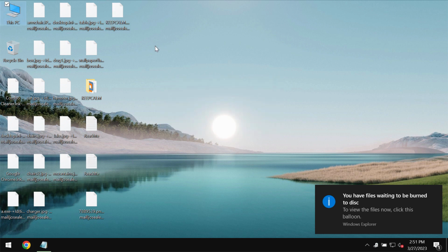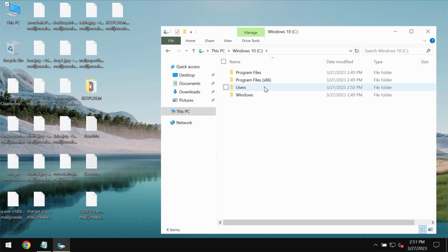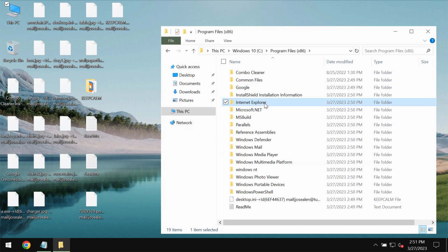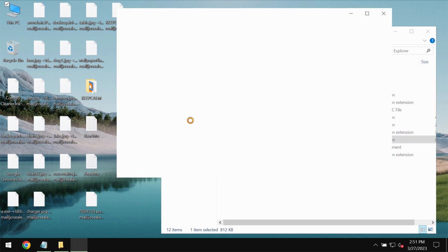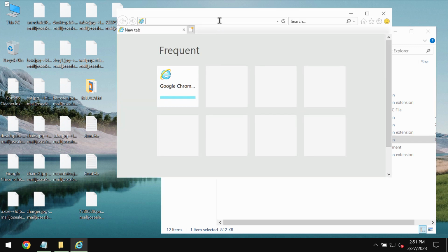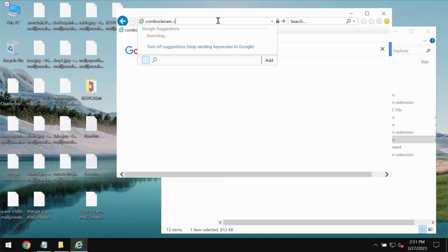We recommend you to remove this ransomware with the help of reliable antivirus such as Combo Cleaner Antivirus. You may get it on the official page combocleaner.com. But to get there, you might need to use Internet Explorer browser. So go to the page